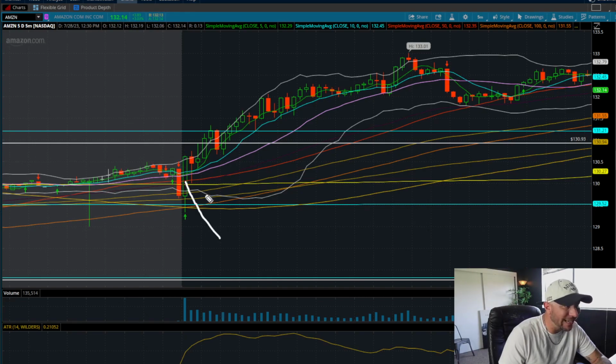Boom, big green engulfing candle. Here's your high, that's your pivot. Here's your 1-bar stop. You're not losing any more than that. Get your confirmation, put your money in there. Look at this trade up to the linear regression. If you want to take some size off there, go ahead.